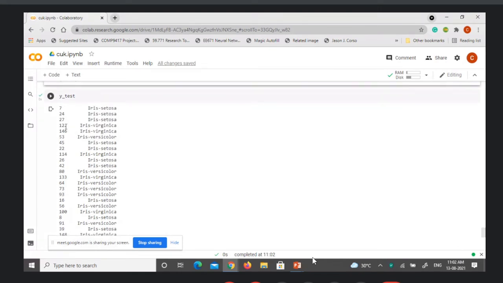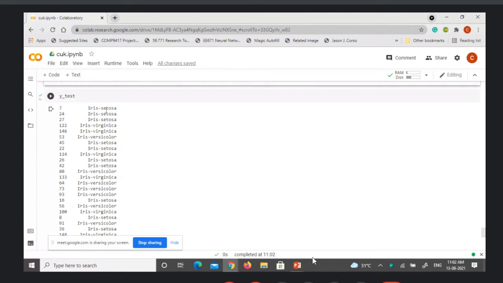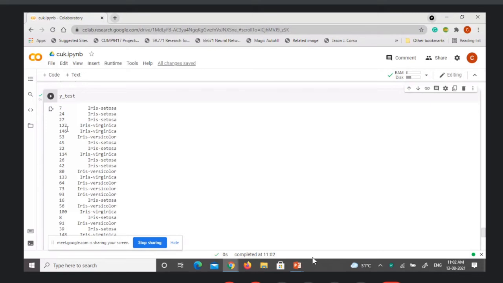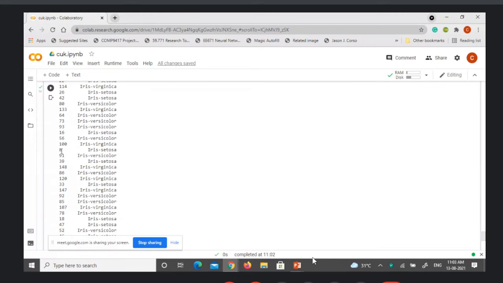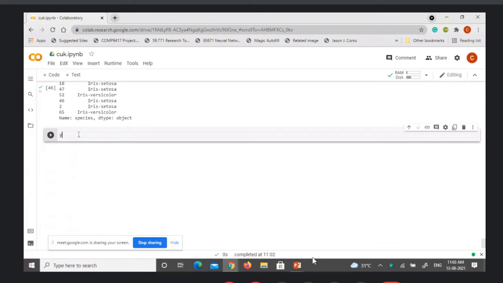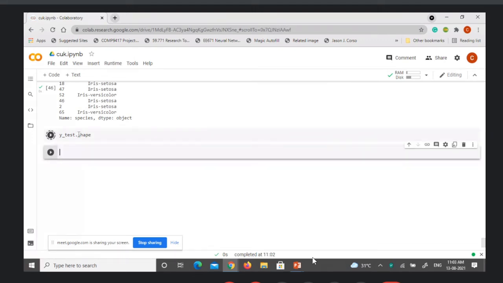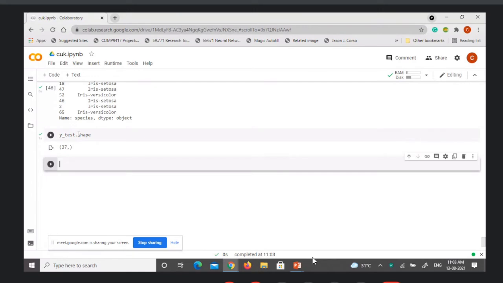If you see now, the 37 rows, it has taken randomly, say the 7th row, 24th row, 27th row, 122nd, 146, 53, 45, like this. Randomly it has selected all the 37 rows for testing purposes, and the 37 labels are available in Y test.